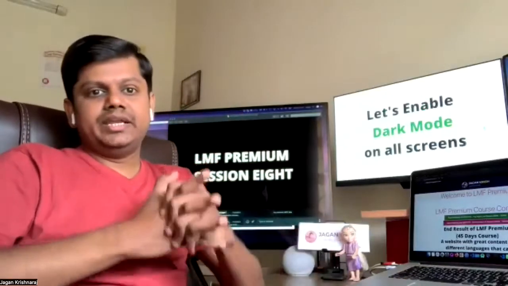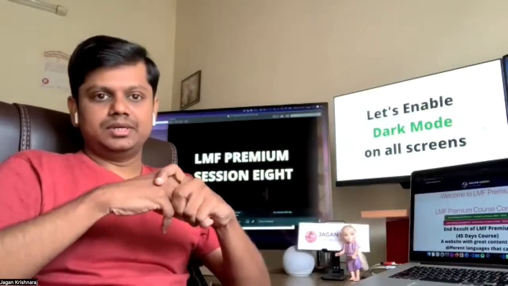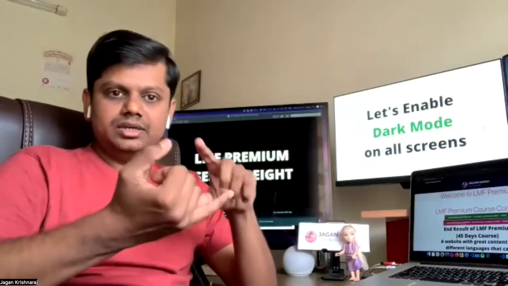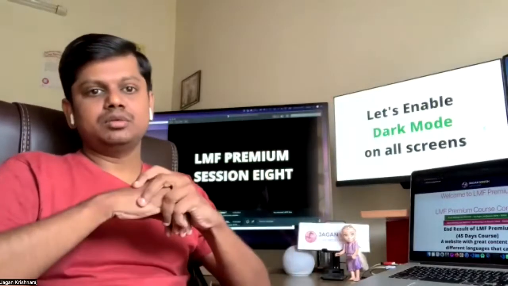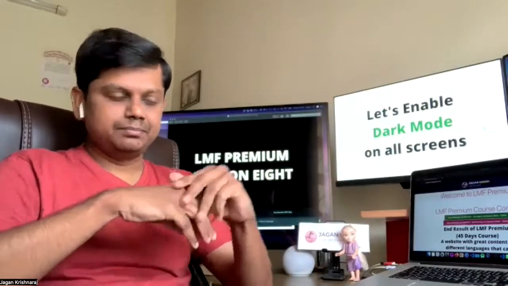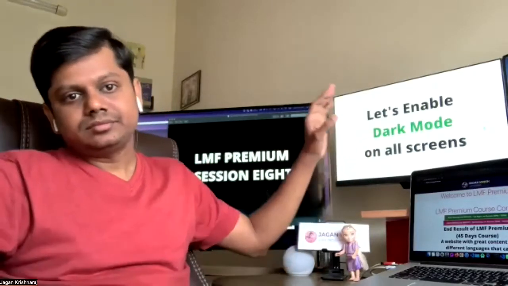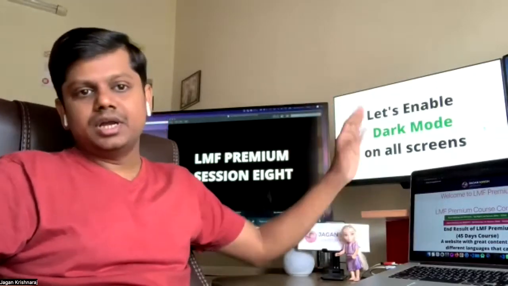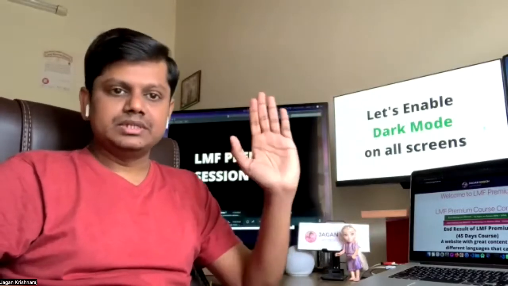So I want you to enable dark mode on all screens. What is dark mode? Android phones, iPhones, Mac, PC, Windows all have a dark mode. If you enable dark mode, the screen will appear dark. All the applications will appear dark. The advantages of dark mode are, first,